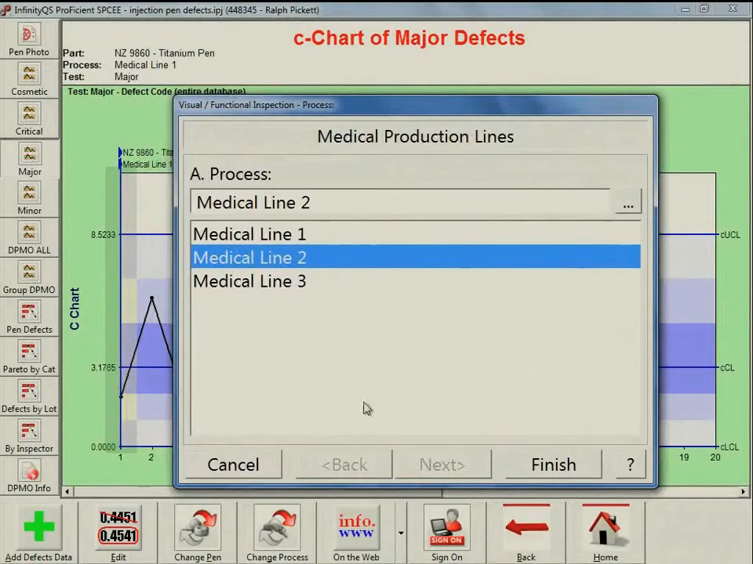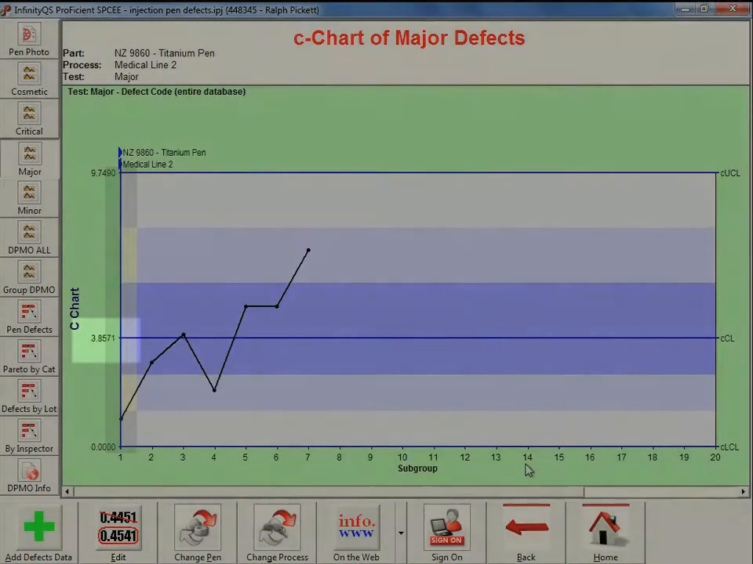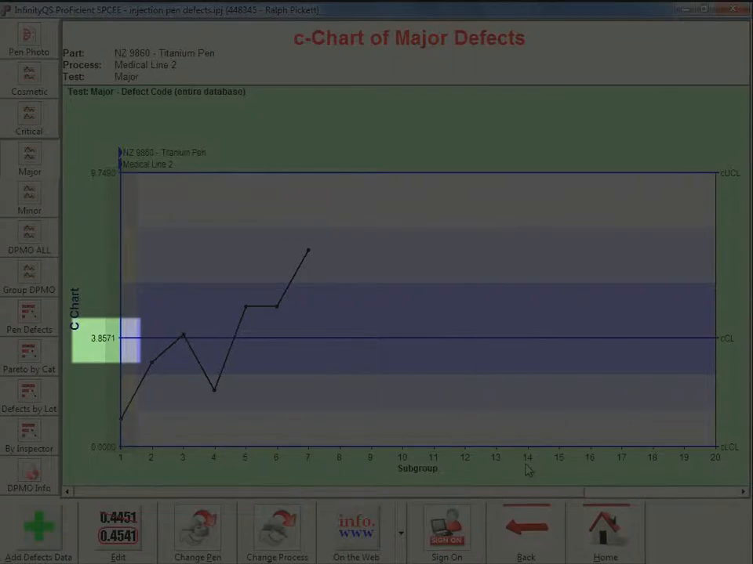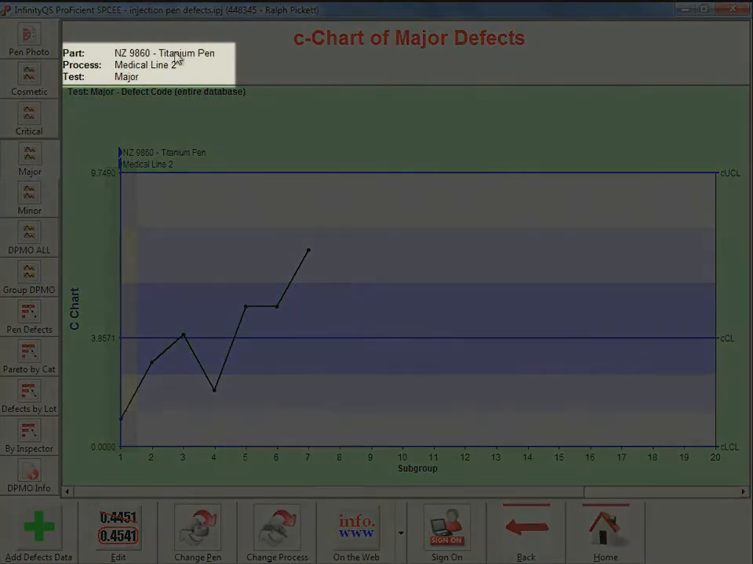Now, when I switch to a different medical production line, you'll notice that not only does the data change, but you'll see that the average changes as well. Why is that? Well, because this medical production line has a different defect rate than compared with the previous production line. See, this is still the titanium pen. You look up top here in the header, you can see this is still the titanium pen, but a different